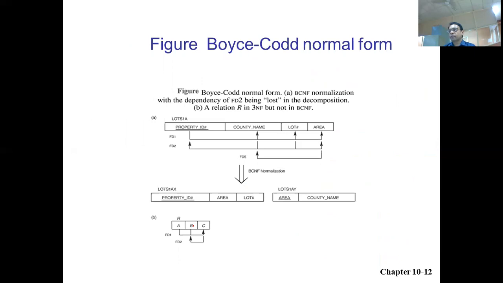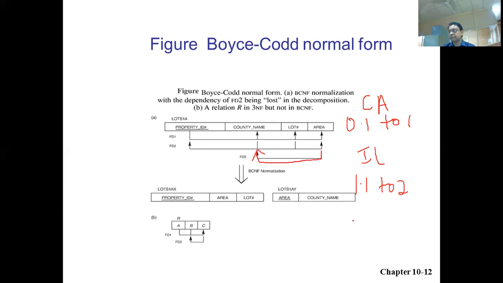Assume that the property IDs are from only two counties, maybe California and Illinois. And we have a condition that starting from 0.1 acres, I'm talking in acres, to 1 acre means that area belongs to California. And in Illinois, we have only the property starting from area 1.1 to 2. Now I can have an additional functional dependency that area of a land determines county name.